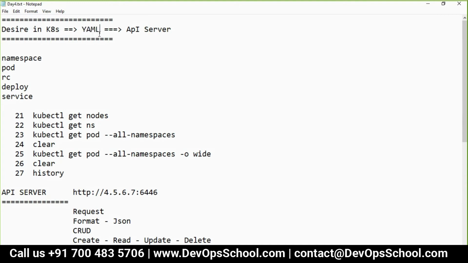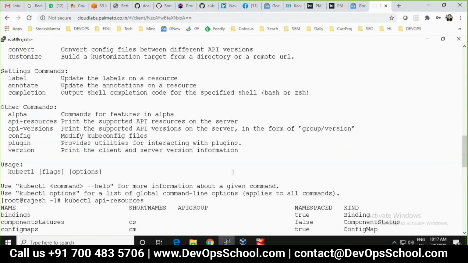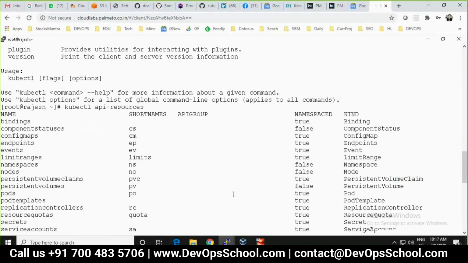Okay, no, but my question was like the name, the short name I use for the pod or the kind. So if I tell the API server I want to create a pod and I mention the kind as pod, so it knows, right, I want to create a pod. So whether I use the name or the short name. Okay, you are saying why do we have a name, why do we have a short name, correct? As well as kind. Like if I know the kind, so my API server knows what I want.